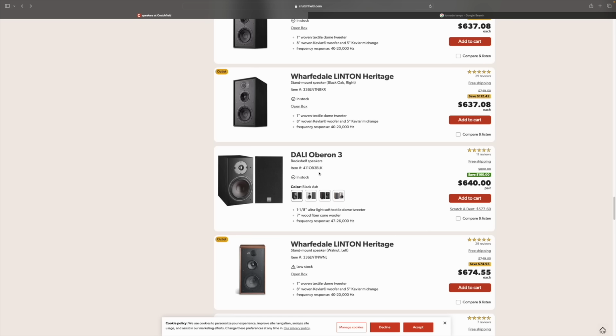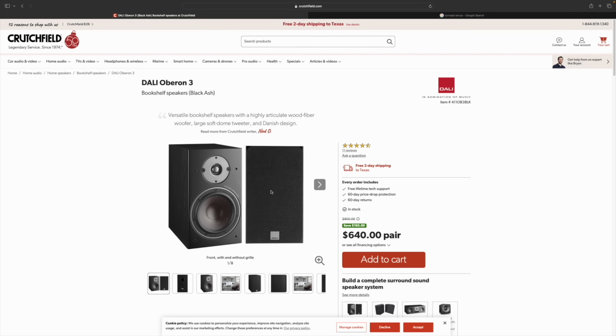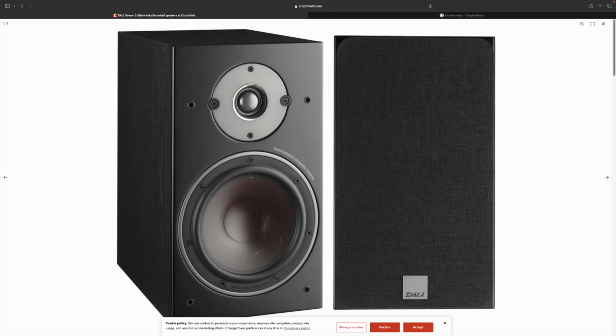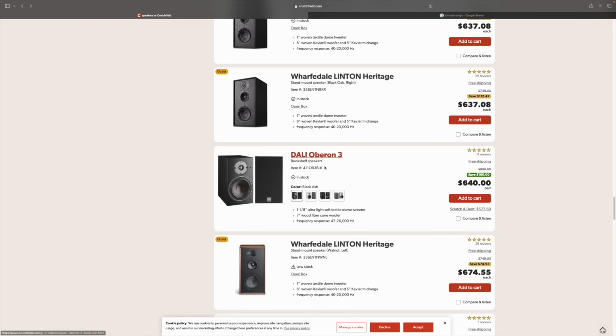Whew, save $160. What is that? 7-inch woofer, same tweeter, goes down to $47. I bet this speaker would be a lot of fun. Again though, I haven't heard the Oberons, okay? So I can't say whether they're great or they're bad, but I have had nothing but great experience with Dali